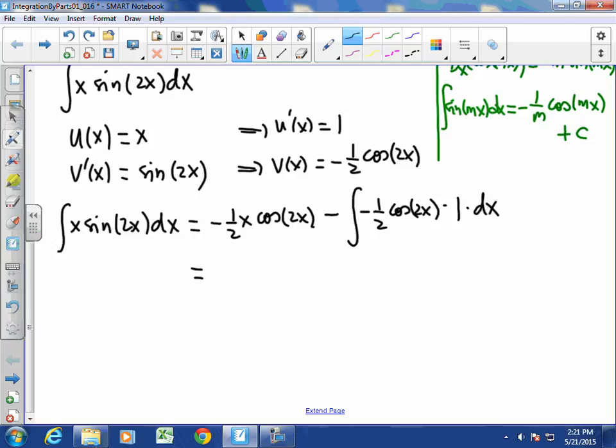So if we simplify, this is negative 1/2 x cosine of 2x plus 1 over 2 times the integral of cosine of